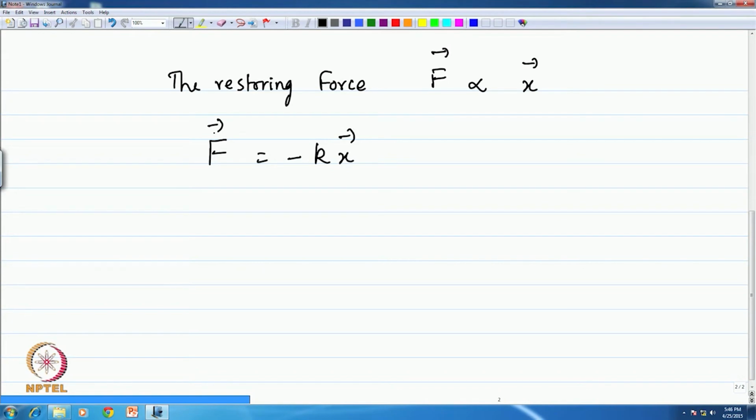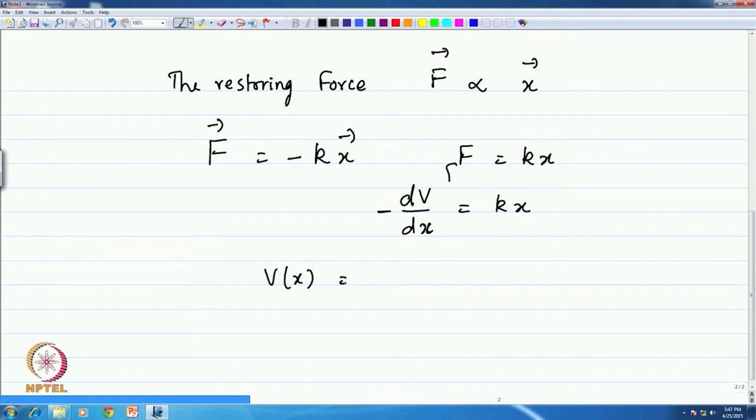In one dimension we would assume that the force is in a direction opposite to that of the displacement, so we don't need to worry about the vector arrow here. But knowing that the force is the negative derivative of potential with respect to the position coordinate, this is equal to minus kx, and you can see therefore